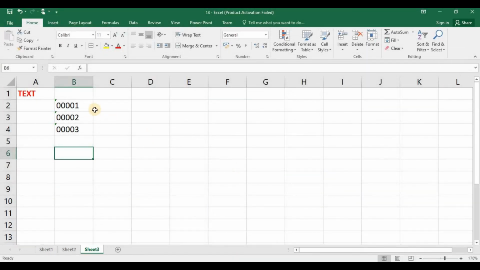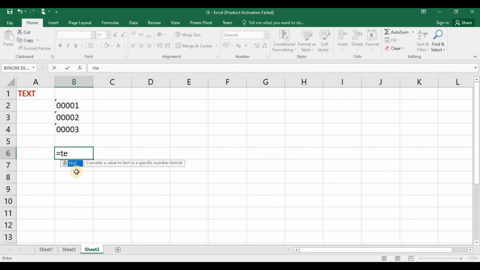Sometimes we may need to add zeros to the left side of a number or text. If you start typing any number with zeros, Excel will ignore the zeros and take only the number. Suppose I want to allocate a unique number to each row, but this number should have a fixed length of 5. If the number is 00001, how can I enter it? If Excel is ignoring the zeros before the number, to solve this, we have a function called TEXT.